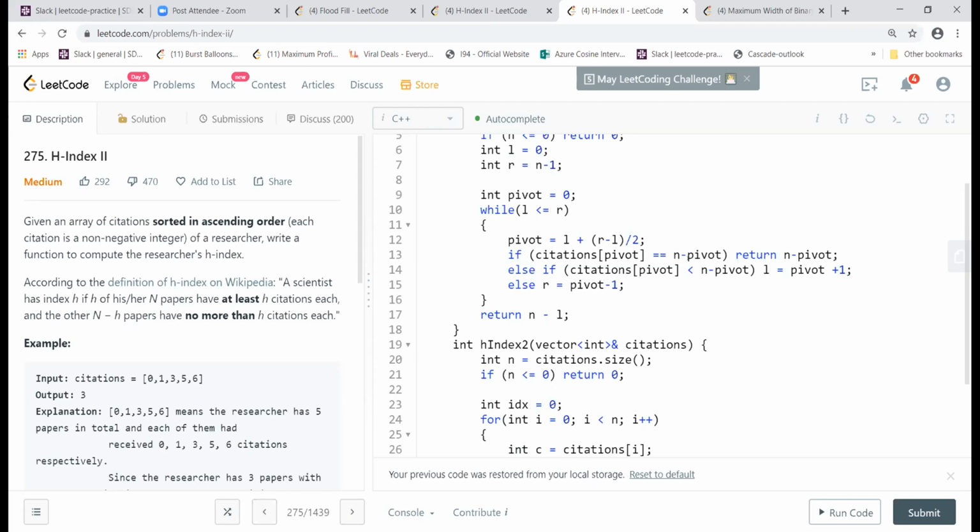So if it is equal, then I return, or else I keep on doing the left and right movement, right? But in the linear case, you take the condition as greater than or equal, like it can be greater than. Yeah. So if it doesn't satisfy this, it will come out of the while loop of the binary search, and then it will return n minus l. Oh, okay.